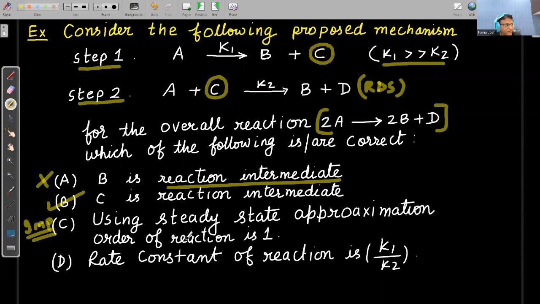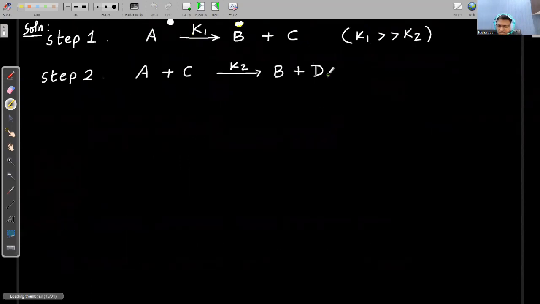तो पहले स्टडी स्टेट अप्रोक्सीमेशन मेथड में हम क्या मानते हैं कि जो ये मैकेनिज्म लिखा गया है इसमें एक रिएक्शन इंटरमीडिएट है, एक से ज्यादा भी हो सकते हैं, तो ये माना जाता है कि जैसे ही रिएक्शन शुरू हुई, क्योंकि इसमें पहला स्टेप फास्ट है, जैसे ही रिएक्शन शुरू हुई वैसे ये बन गया, और दूसरी स्लो है, तो इसका कंजम्पशन जो है वो स्लो हो रहा है, तो जब तक ये रिएक्शन चल रही है तब तक वो है और उसका कंसंट्रेशन ऑलमोस्ट कांस्टेंट है। तो स्टडी स्टेट में we are assuming that the concentration of reaction intermediate will be constant during the progress of the reaction। तो अगर उसका कंसंट्रेशन कांस्टेंट है तो अब हम उसको कैसे सॉल्व करते हैं। अगर कंसंट्रेशन कांस्टेंट है तो रेट ऑफ चेंज ऑफ कंसंट्रेशन will be 0।